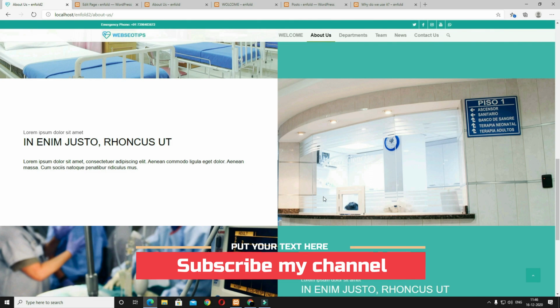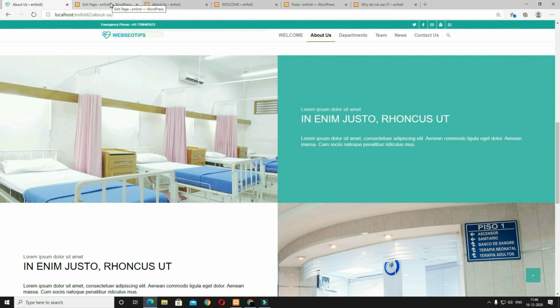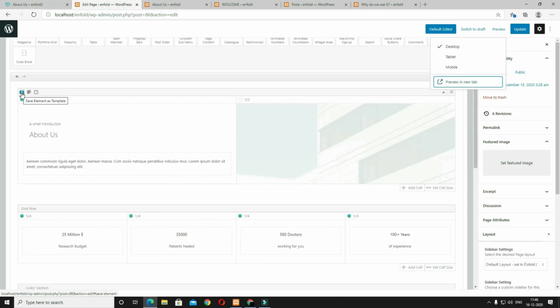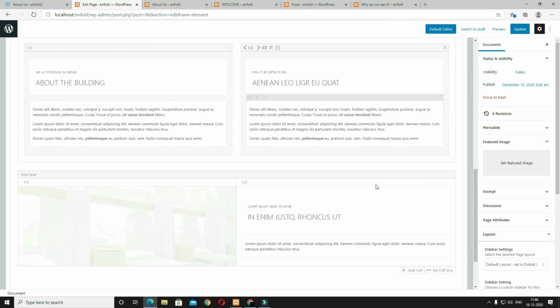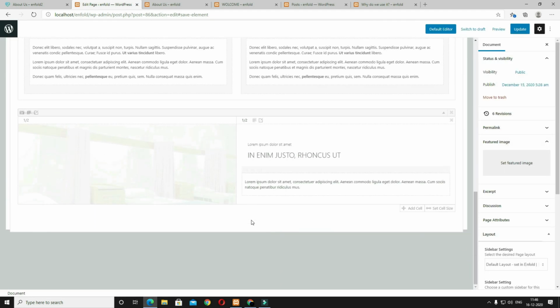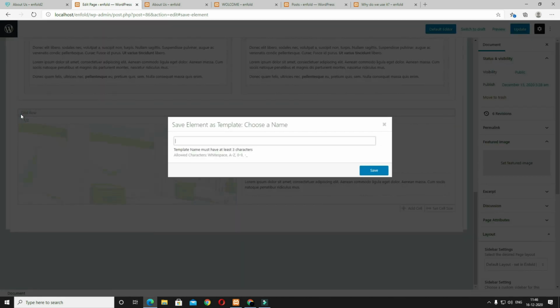And next I have to design this block. It is looking almost similar to the top block. So we can do one thing, just come back here in the page, make this as a template. Click in this save element as a template and I have to enter the name, left text and right image. Now click in the save option, and in similar manner I want to make this also as a template, and here the name will be left image right text. So click in this again and now I have to enter the template name.